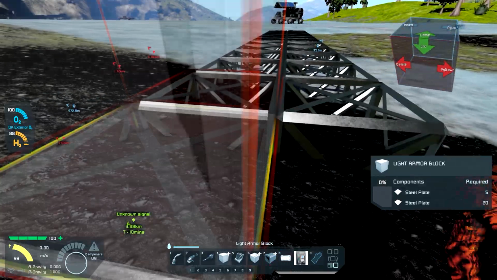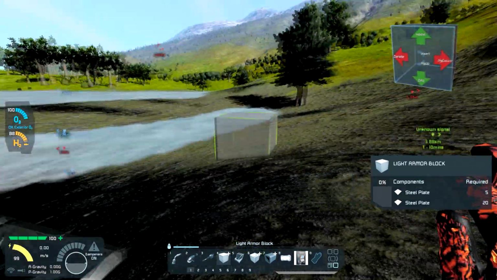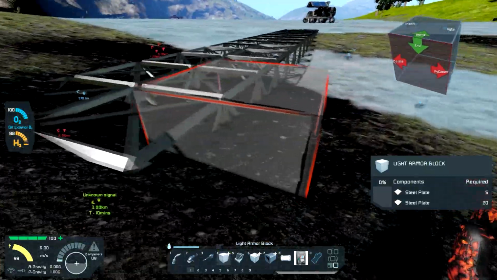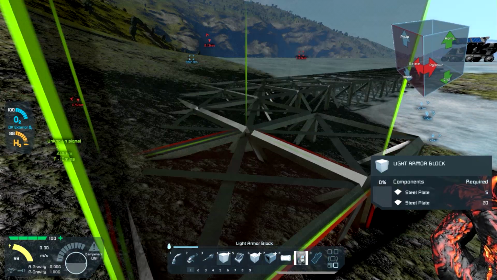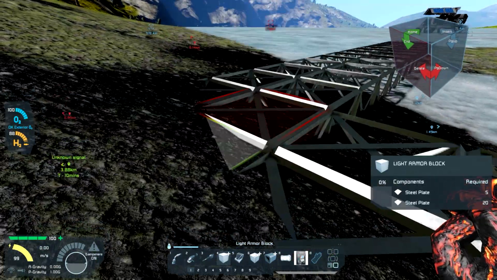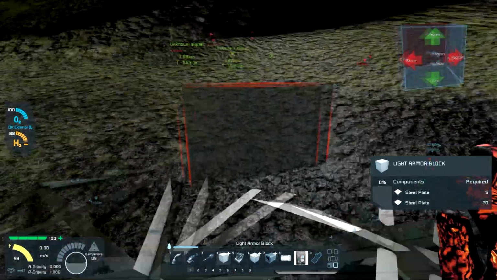Now, the idea is that we're going to basically have this thing set up so that our rover can get in and out without having to do a whole lot of work. Because we don't want to have a situation where we have a base that we can't actually use. Right, so you're going to be...